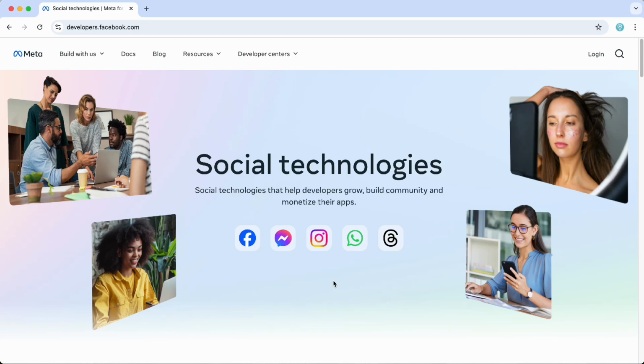Hello and welcome. In this video, we're going to learn how to receive and handle WhatsApp messages with Node.js using webhooks. If you didn't watch our previous video on how to integrate the official WhatsApp API with Node.js, I really encourage you to watch that one first, where we learn how to send text messages, send and upload media files,